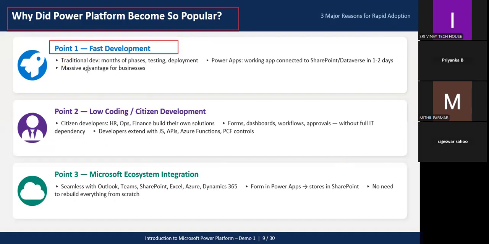So we are at point one, right? In point one, basically we are discussing development. What was traditional development? If you want to build an application, traditional developers will create it using either C# or Java or some other language. It may take months to years to complete the